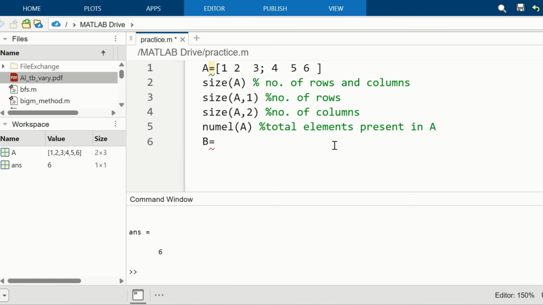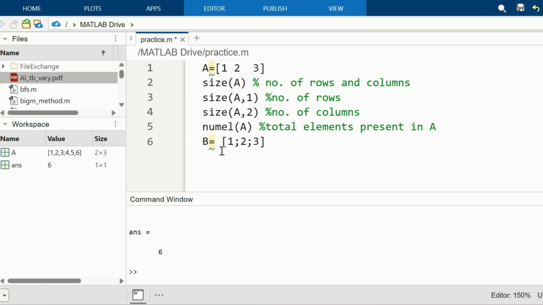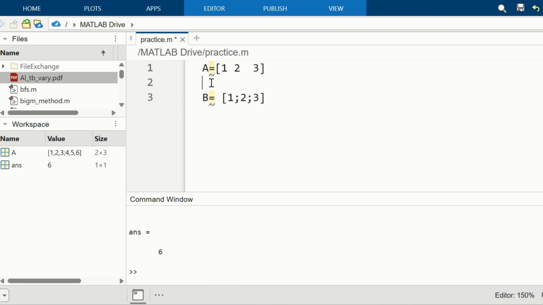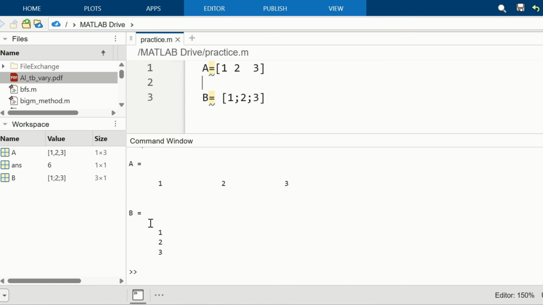Now I could change the A matrix to only one row. Now I can write the B matrix. I want only one single column. So I can write 1 colon 2 colon 3. So the A matrix is one single row and the B matrix is a column. I can remove this. I can run it and you can see here the A matrix is one row and the B matrix is